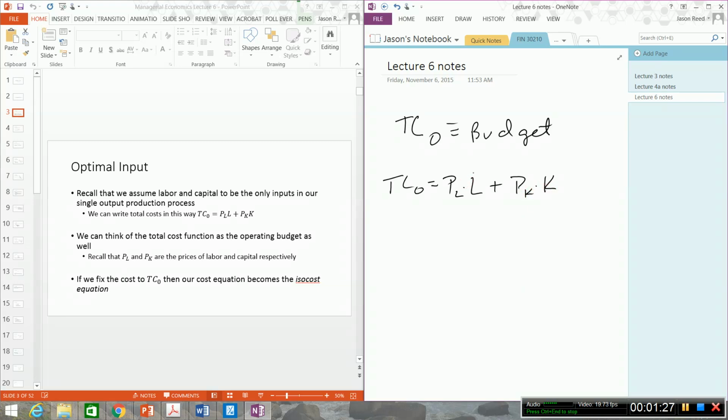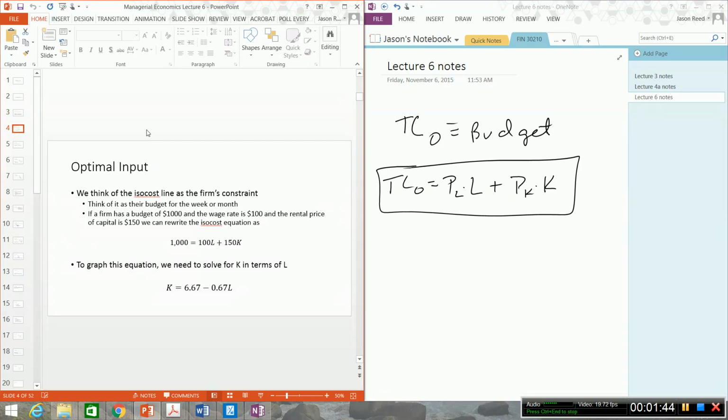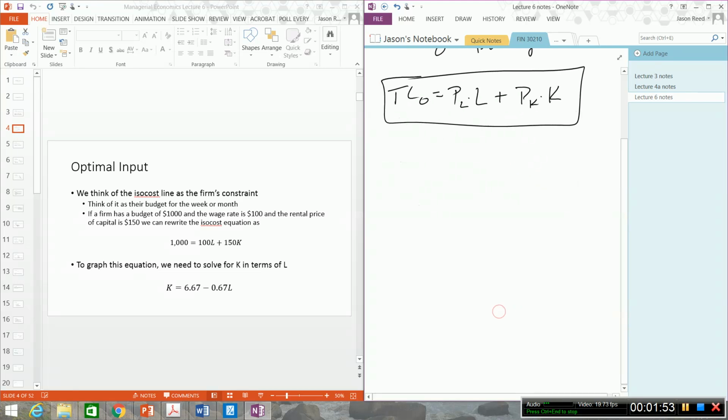So if that's true and total cost is fixed, we're on a budget, then what we could do is create our ISO cost equation. In order to create this ISO cost line, what we're going to do is solve for either K or L in terms of the other variable. So when we go back to creating this ISO cost function, we can solve for K